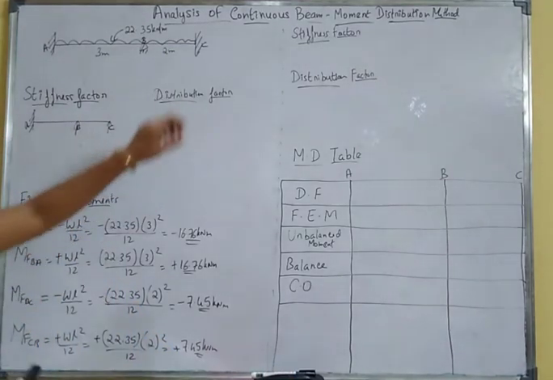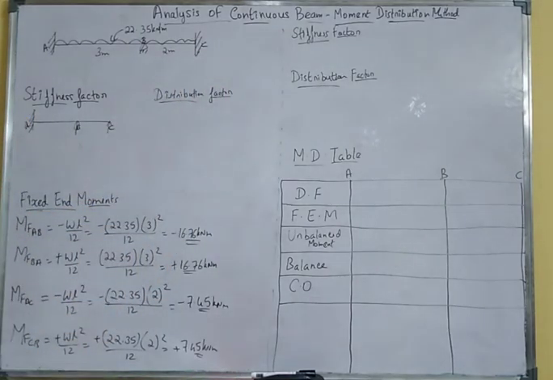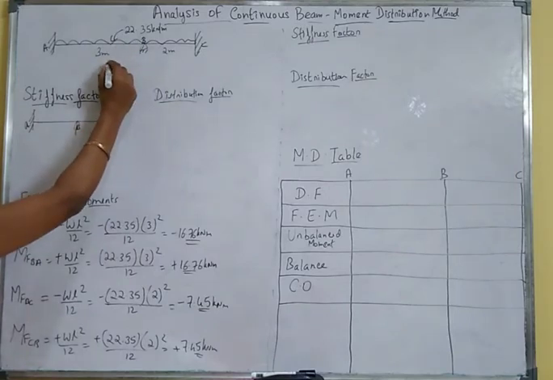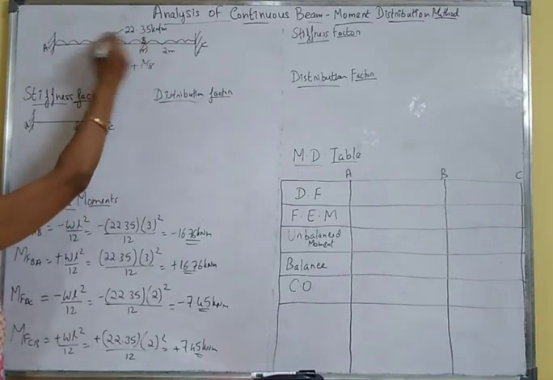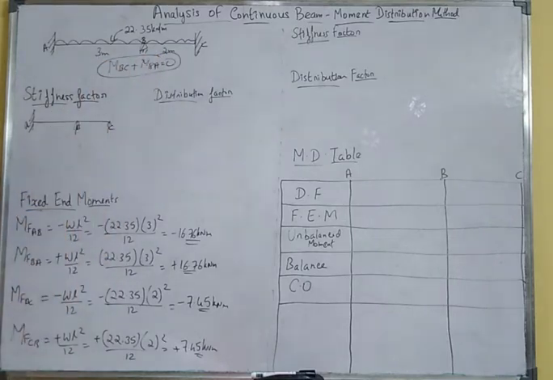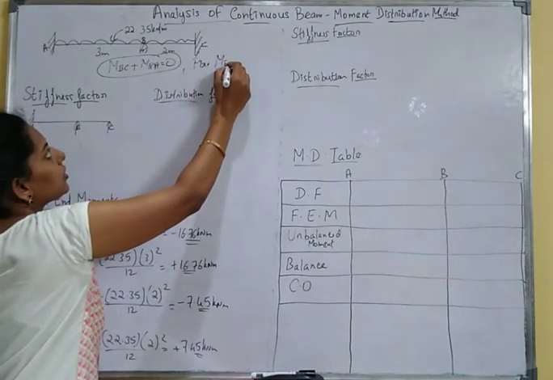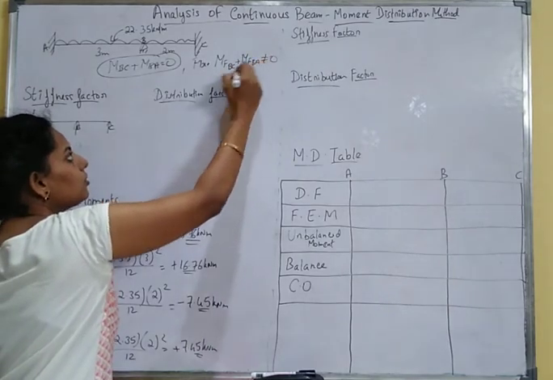Okay, again today we'll see the same continuous beam analysis, but the method is the moment distribution method. In the moment distribution method, how can we solve? We know that at this joint B we have the moments MBC and MBA. The final moment sum MBA and MBC will be equal to 0, but the fixed end moments, MF BC plus MF BA, is not equal to 0.